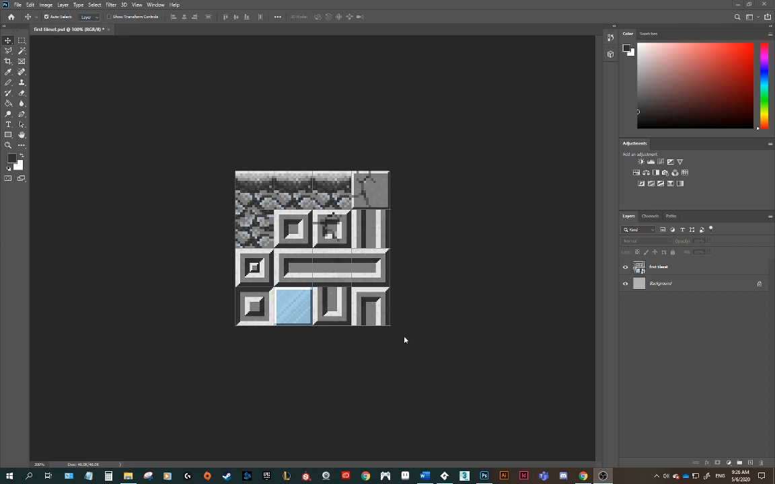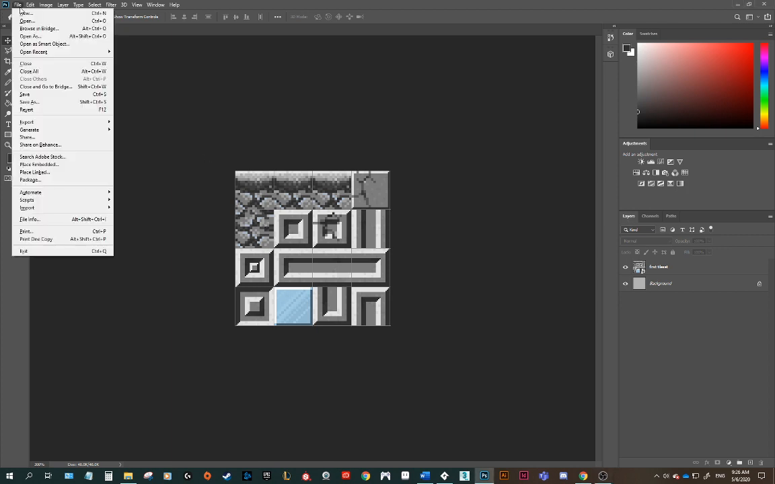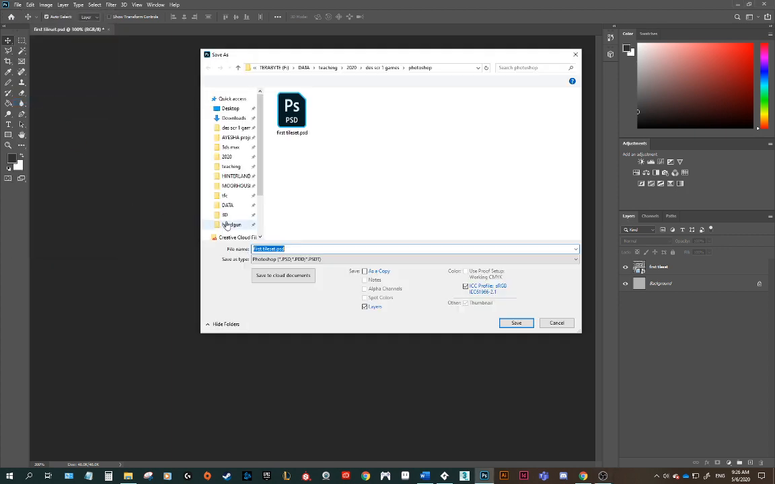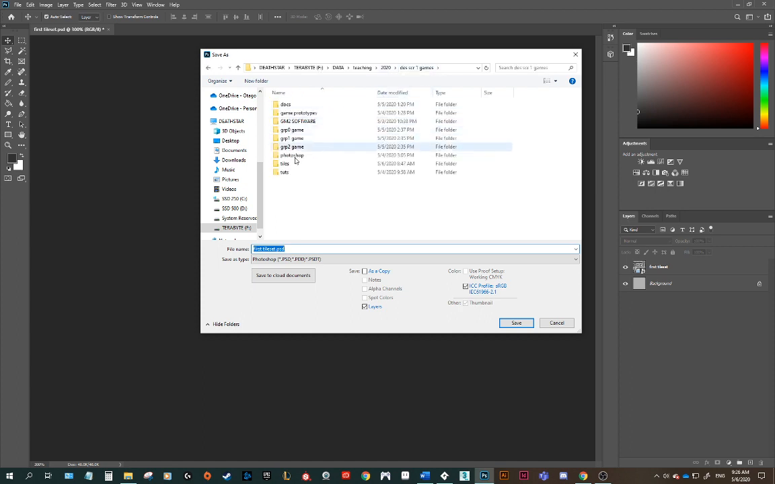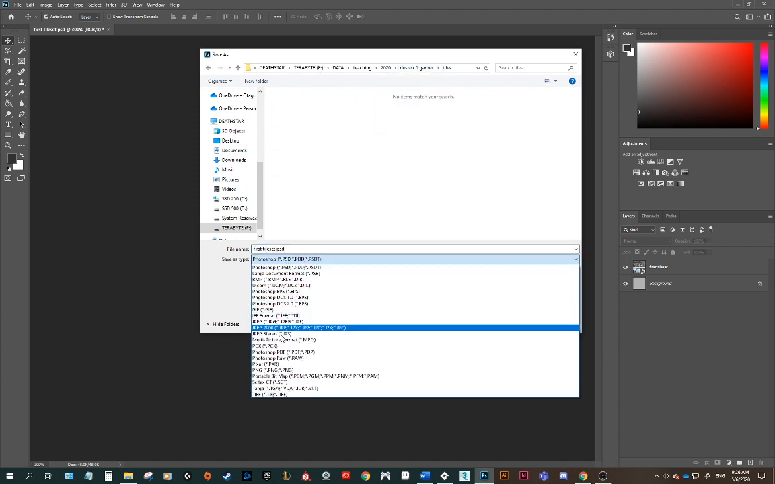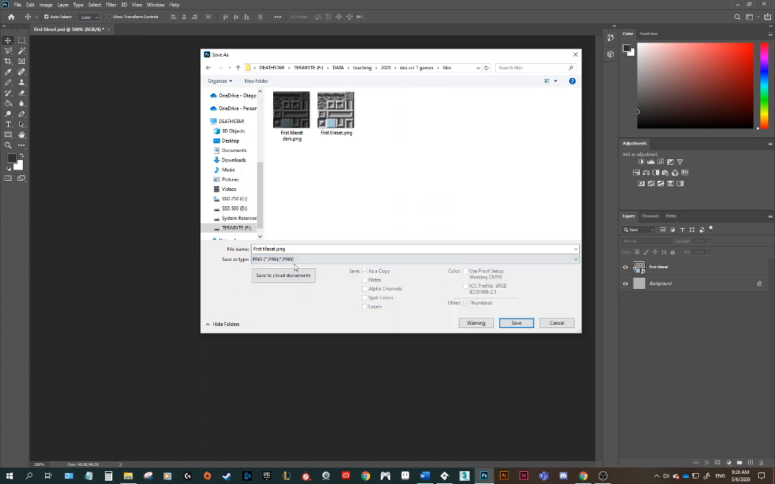So you can see I'm in Photoshop here. I have my tile set that I've created, and we do a save as, and in our tiles folder we will save it into a tiles folder and we just make it a PNG file. Okay, you can see I've already got one saved there. Alright,